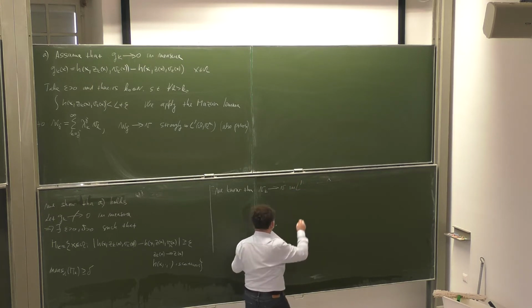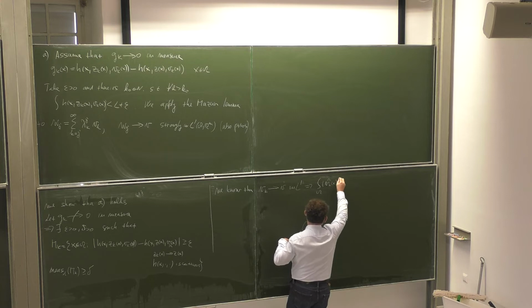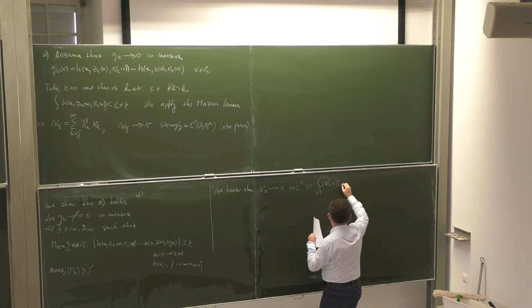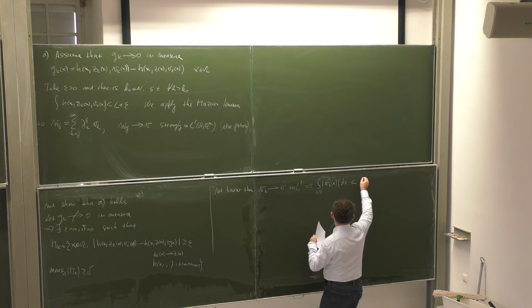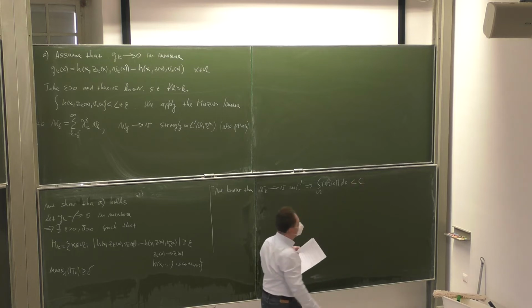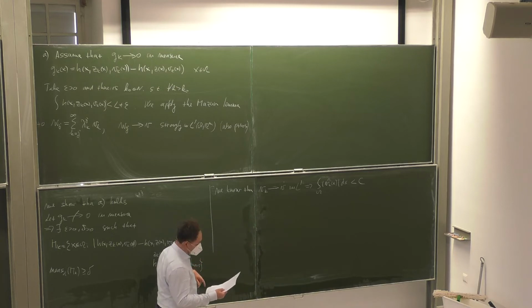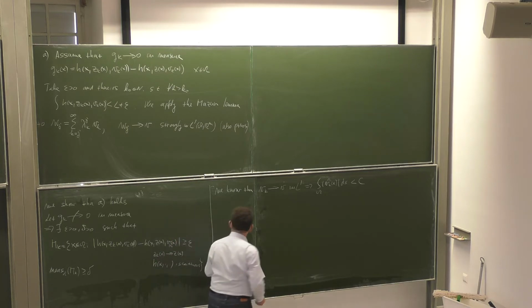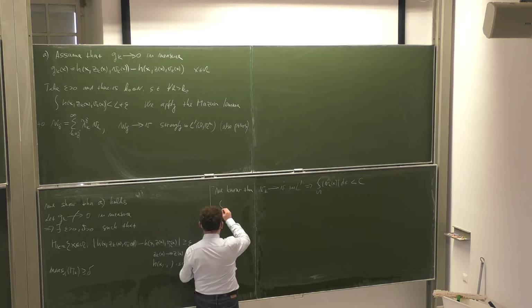So in particular, this implies that if you take integrals of Vk, then these are bounded by some constant which I call C, for every k. And also because this right-hand side L is supposed to be a number, we also assume that